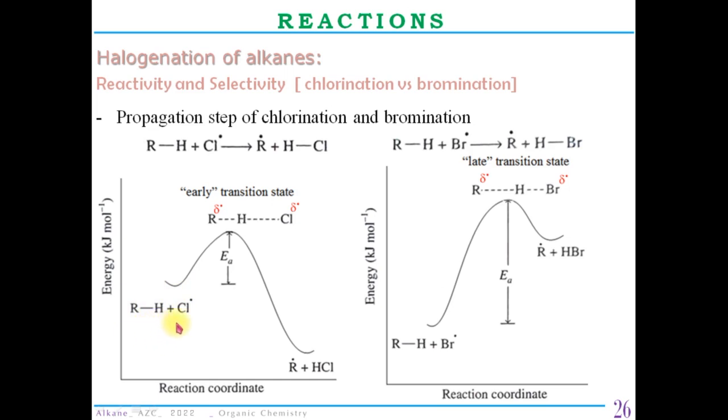So all types of possible primary, secondary and tertiary alkyl radicals are formed in the chlorination reaction. So we can say chlorination is less selective in forming structural isomers as products. Now the same thing, if we see in the bromination reaction,